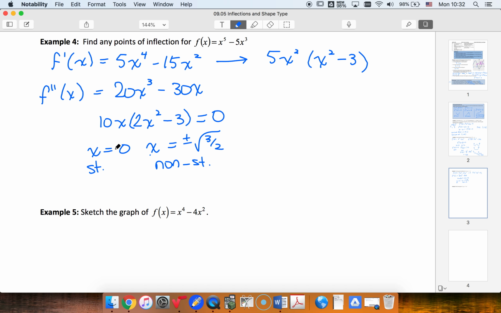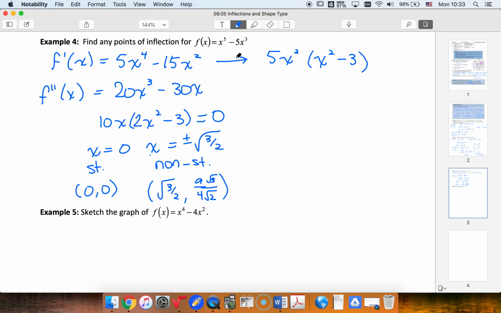And then to find my y values, of course, I'm going to plug in the x's. So I've got 0, 0 as my stationary point of inflection. I will have root 3 over 2, and then that's going to be 3 halves times 3 halves would be x to the fourth. So that's going to be 9 over 4 root 3 over root 2,